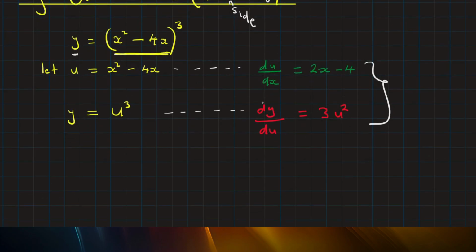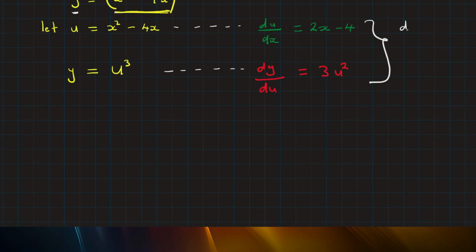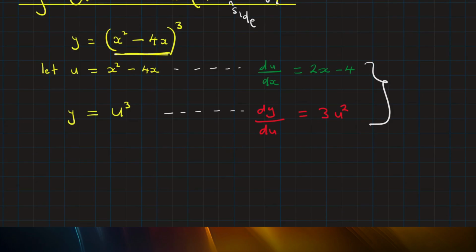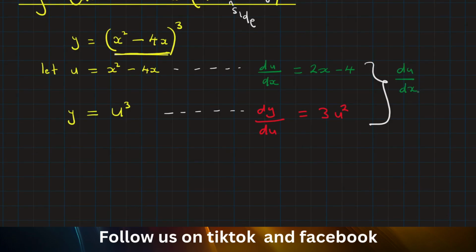So if I say du over dx times dy over du, you are going to realize that du and du cancel, and we'll be left with dy on dx, which is what we want. So definitely our dy on dx is the product of these two, which is going to be